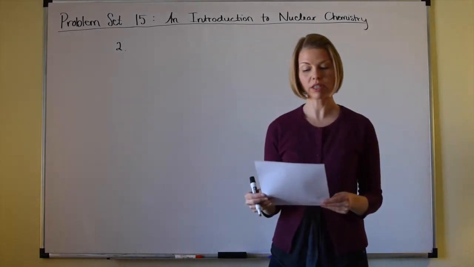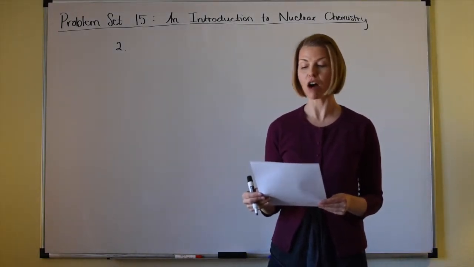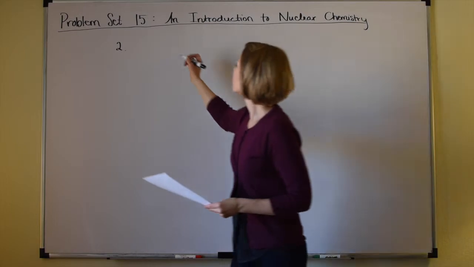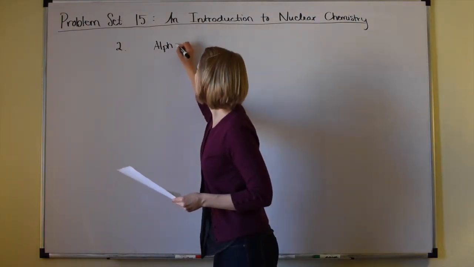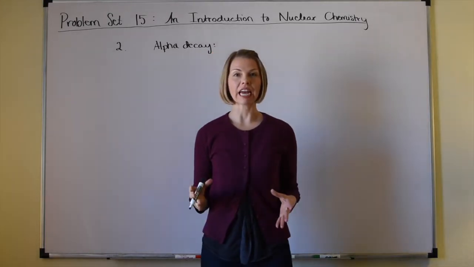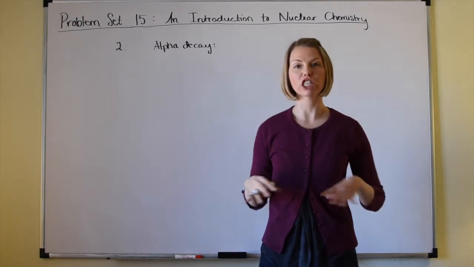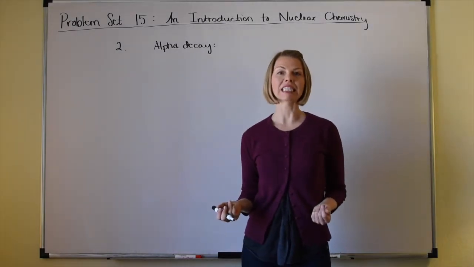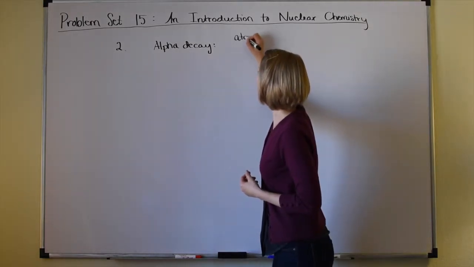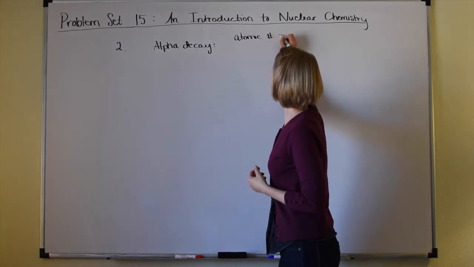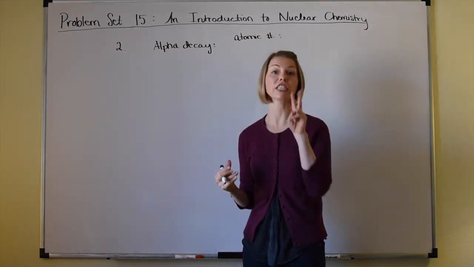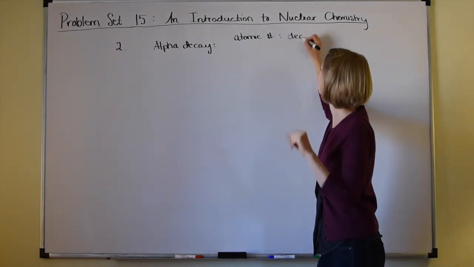Okay, number 2. How does the mass number and the atomic number of a radioisotope change when it undergoes alpha decay? So I'm going to write here alpha decay. So remember that in alpha decay, 2 protons and 2 neutrons are ejected from the nucleus as an alpha particle. And so that's going to affect the atomic number because the loss of the 2 protons is going to drop the atomic number by 2. So I'm going to write decreases